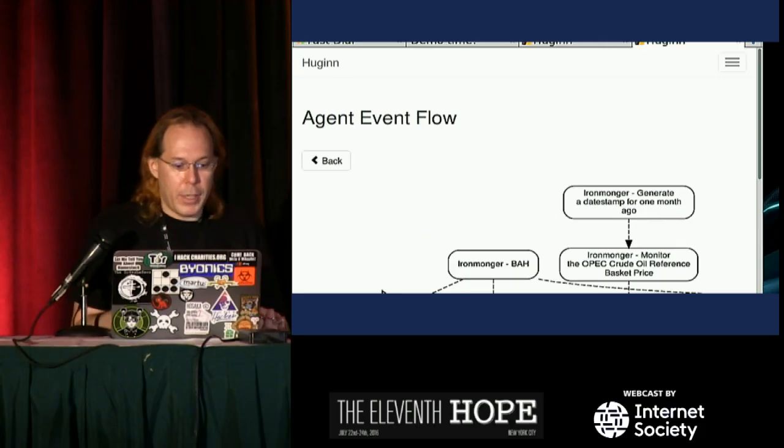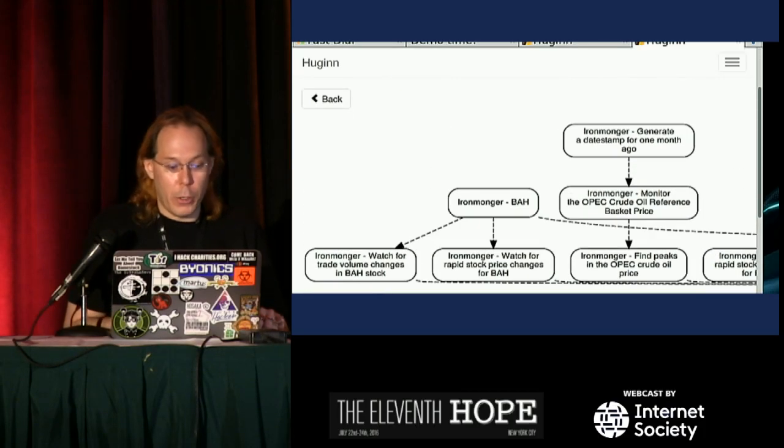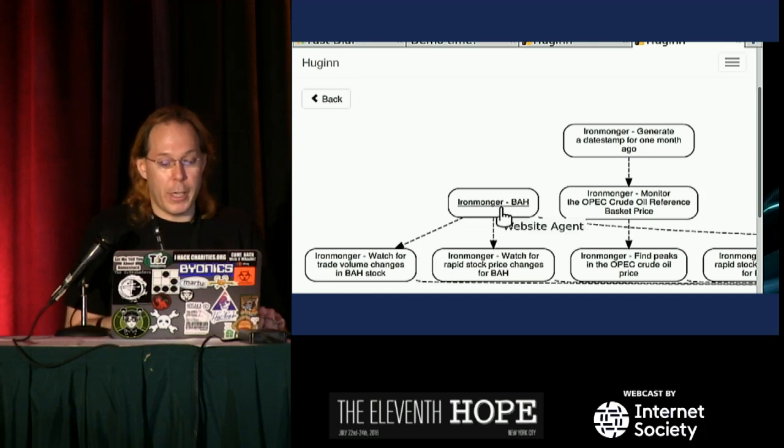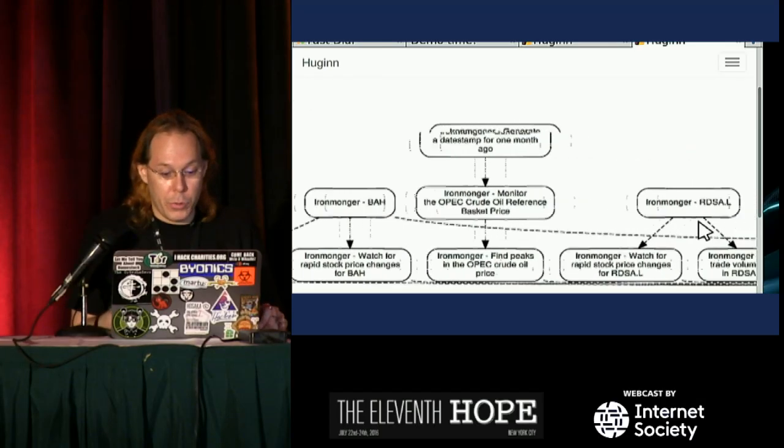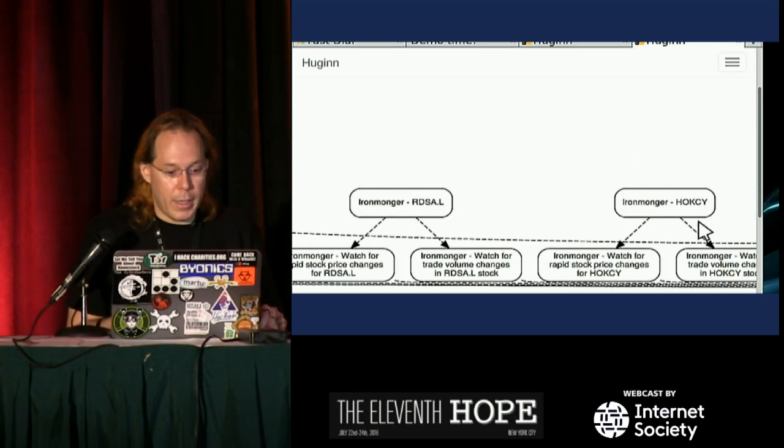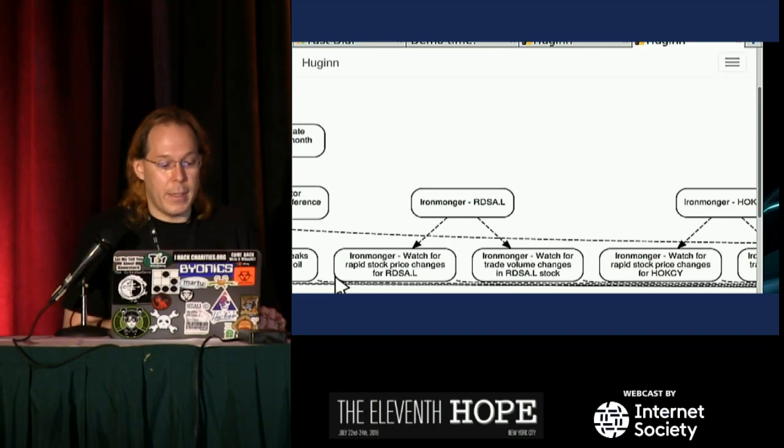And the last agent network I would like to show off is Ironmonger. Ironmonger pulls stock ticker information for defense contractors. Here's the OPEC crude oil reference basket price, RDSA, HOKCY. And for each of these, there is a peak detector which watches for rapid stock price changes